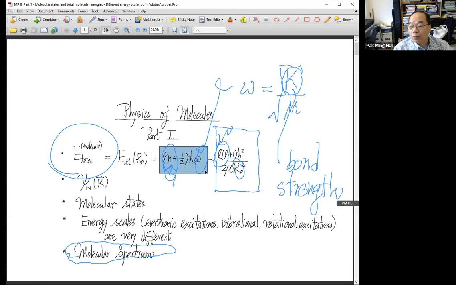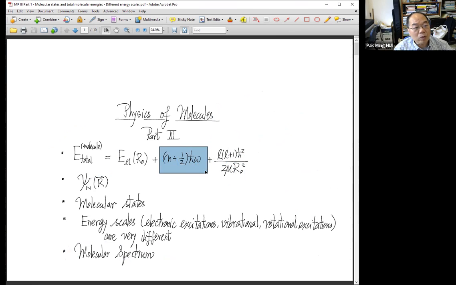So, last word of today, the molecular spectrum will tell us the bond length as well as the bond strength. Okay, so that is what we will discuss on Thursday. So we will try to finish up this part on Thursday. Then the last week, I will see what else I can tell you about applying simple quantum mechanics in understanding the whole world. All right.